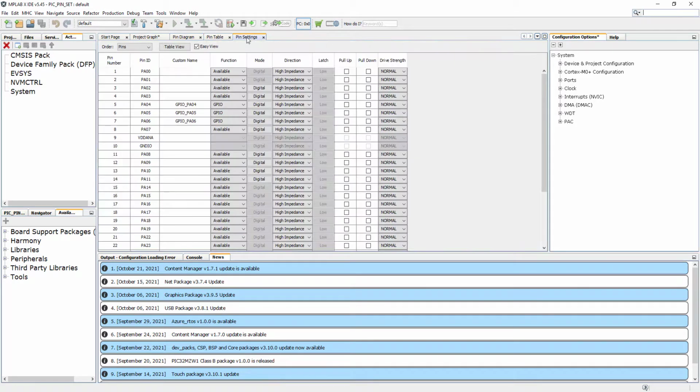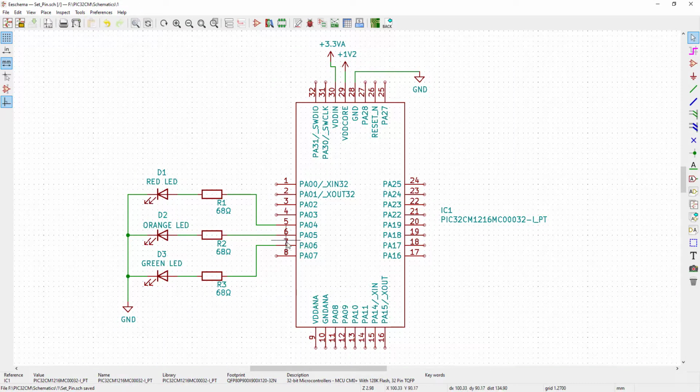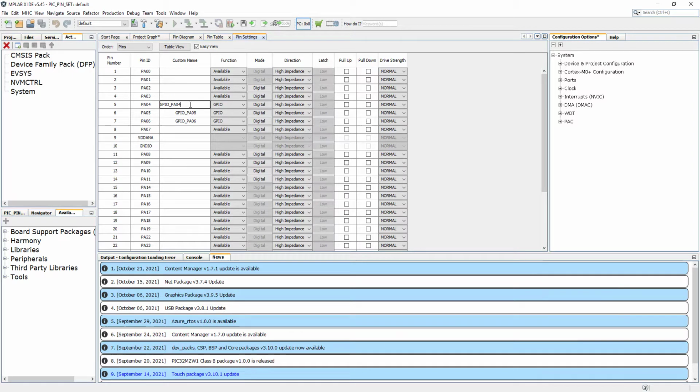Let's go to the pin settings. Okay, now we've got GPIO 4, 5 and 6 with a custom name. We can change the name and we're going to do that right now. PA04 is my red LED. Then I've got an orange LED on PA05 and a green LED on PA06. Okay, so I'm going to rename them, and renaming is very useful. We're going to see in a moment why. So this is my red LED,